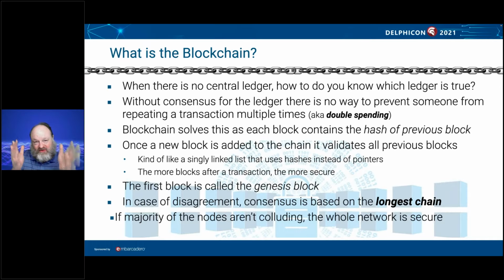But the idea is, if you have no central ledger, right? If you have no centralized authority that says this is the true case of transactions, like your bank, for example, if you're writing a check or using your debit card or credit card, how do you know which ledger is true? So that's called the problem of consensus. So the way blockchain solves consensus to prevent double spending, which is where